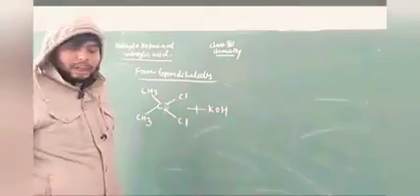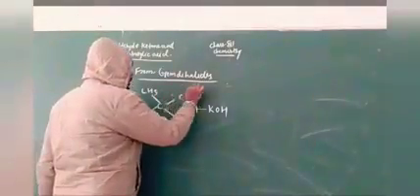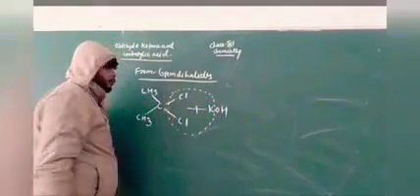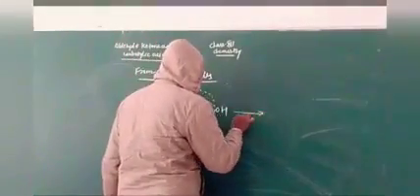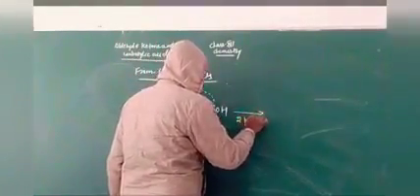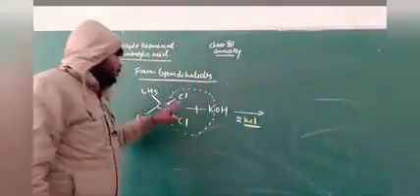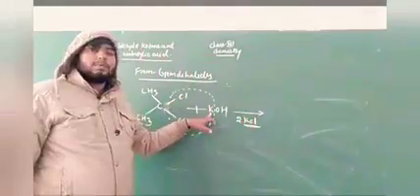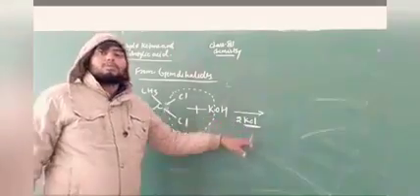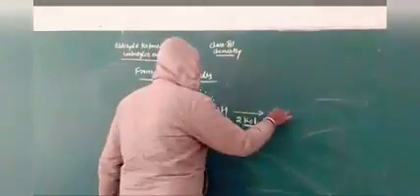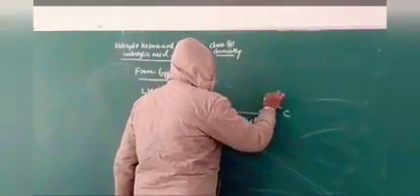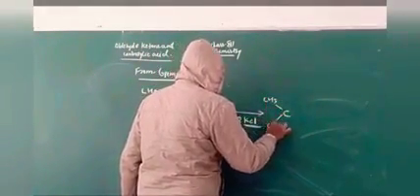This hydroxide gets involved in the formation of this structure. That means the potassium combines with the two chlorines. After this combination, you have to eliminate two KCl, potassium chloride. The two chlorines combine with potassium, and 2 KCl is eliminated from this. After elimination, you can represent the formation like this: this is your CH3, this is your CH3.